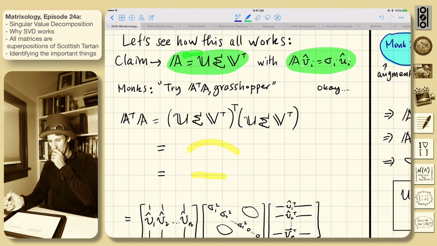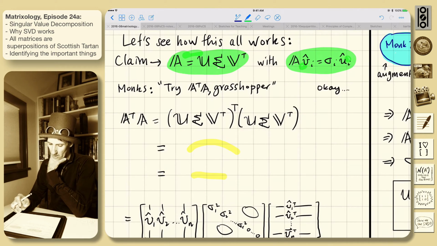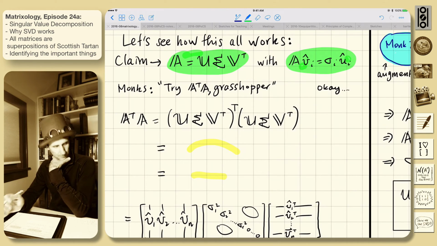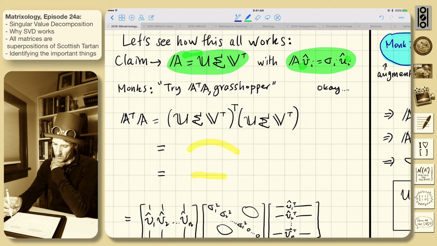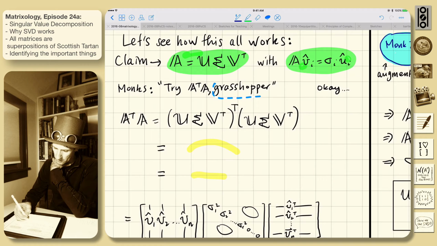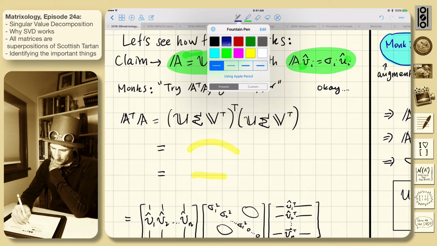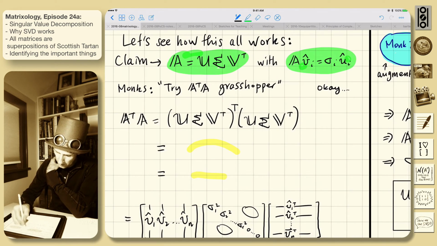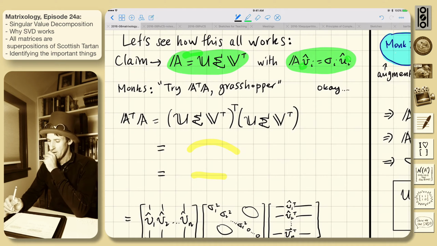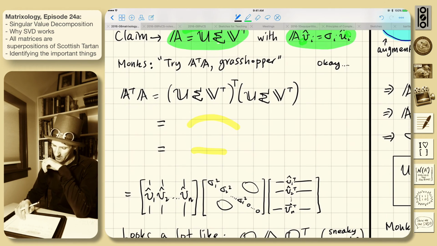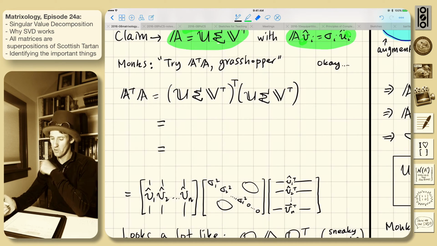So let's put these pieces together. Right, that A sends V_i, the vector V_i, to U_i and multiplies by the sigma with this growth factor. Okay, so the monks, with the whispering and the chanting, say, try this business. All right, let's make their little statement a bit clearer. You know, classic monk stuff, they kind of giggle. Okay, giggling monks, never good. Okay, so let's